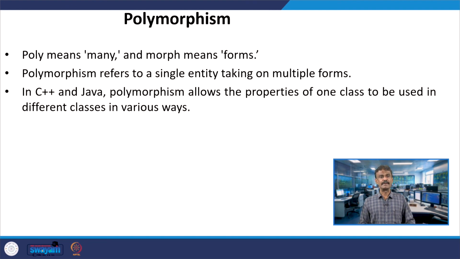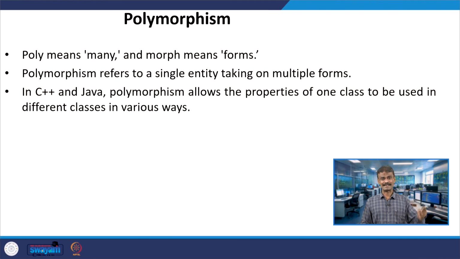We know poly means many, in the sense of forms. So, many forms. Suppose I want to use a member function, I will go back to C++. I gave an example in the introductory class: suppose you are using a max function. Can I use the same function name twice or multiple times? Yes, you can do that, which is called polymorphism. I can use a single entity, a member function, in several forms.